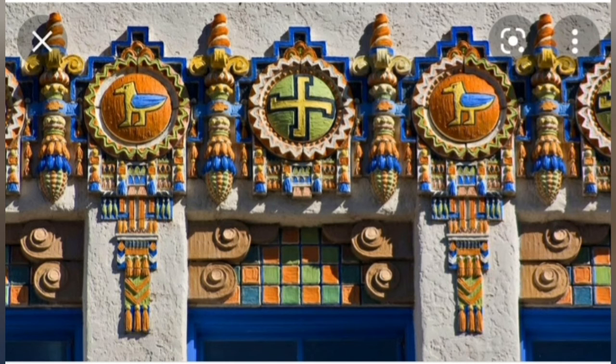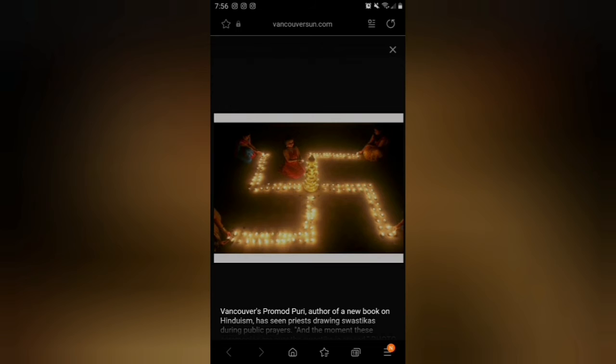Yet, as Brian Levin puts it, he states, "Unfortunately but rightly, the most recent and widespread use of the swastika as a symbol of Nazi hatred and genocide will forever cast an indelible shadow over its lengthy history and alternative meaning. It is important, however, to note that expanding our teaching of history and civics can incorporate not only the origins of symbols, but how they can be co-opted and rebranded to the most evil of ends." End statement. I couldn't agree with him more, and to this day it is a sacred symbol in Hinduism, Buddhism,